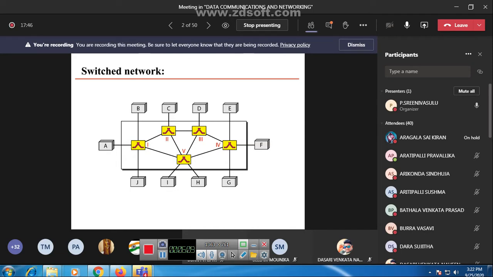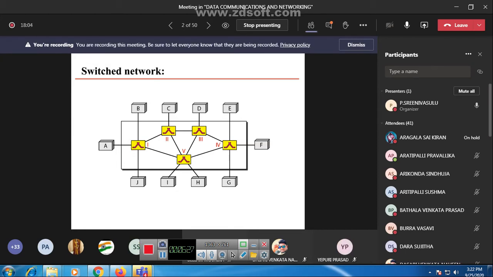Similarly, for any system, if you want to communicate one by one or all together, we have to use these switches as the communication element to process the data from one end to another end.